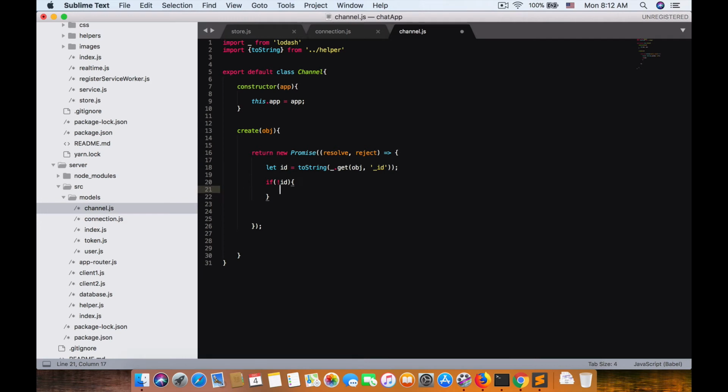If not ID, we're going to do ID equal toString and get this. So course ID object equal by last ID object equal, if ID, and we return new ObjectID. So we have to import ObjectID